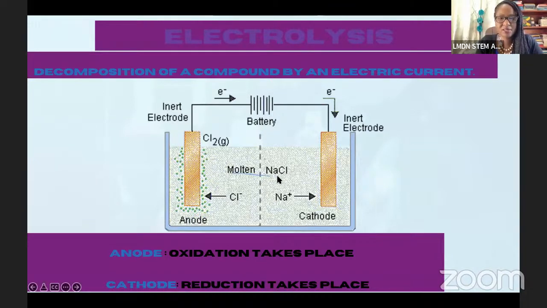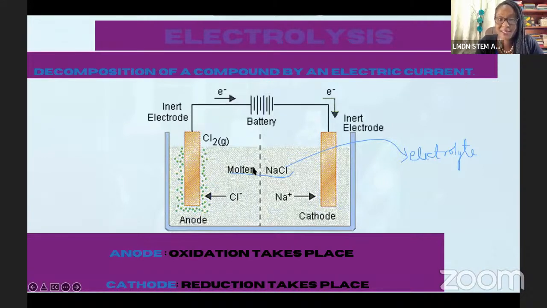So we have our molten NaCl. In this particular case, this is our electrolyte, so we just write that over here. We're all on the same page as to what an electrolyte is. It's in the molten state now, Aquila. As I said, it had to be in a molten state or a dissolved state for it to be able to carry that electric current.